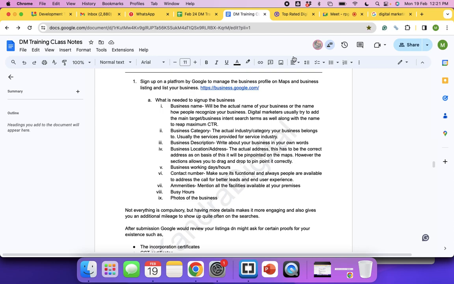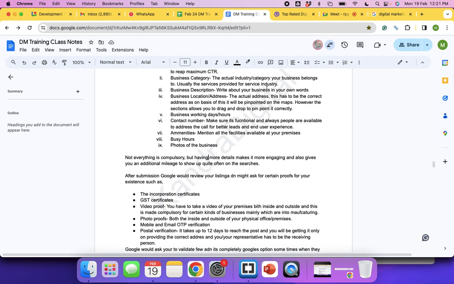Yeah. So just by having an account like this, you would not show up on Google. There is a review process by Google. Google would review your listing and might ask for certain proofs. Google would make it live immediately or in the next few days. But if it finds it suspicious or if it needs more details, it would ask for certain